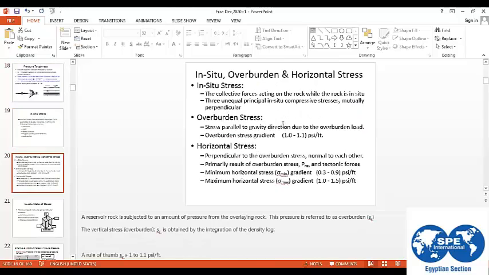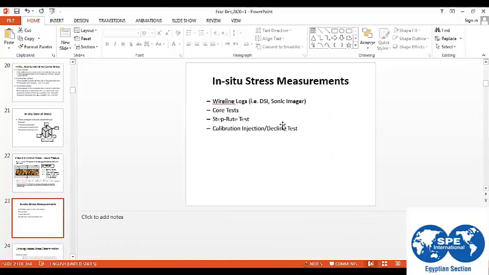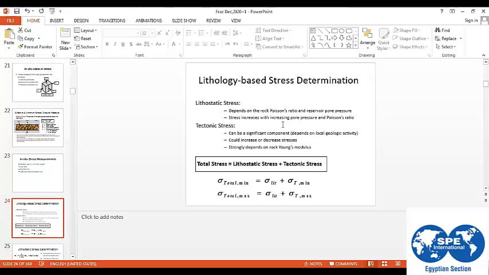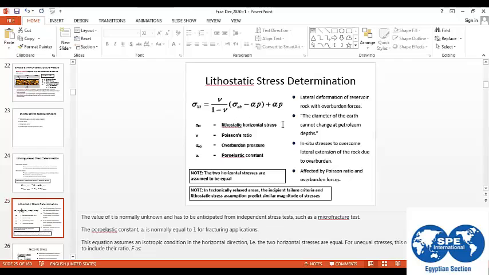So the Poisson ratio is affecting the formation stress and at the same time affecting the fracture geometry. So once it affects the fracture geometry, it affects the frac design itself. Okay.